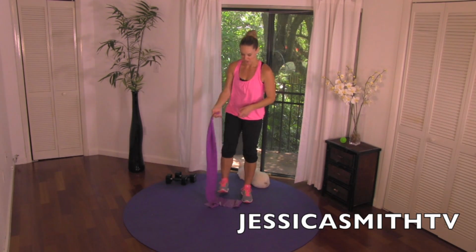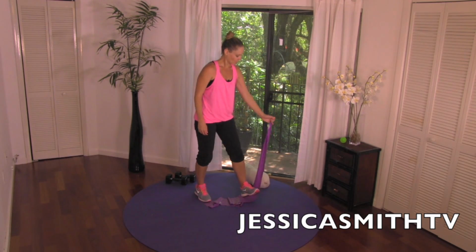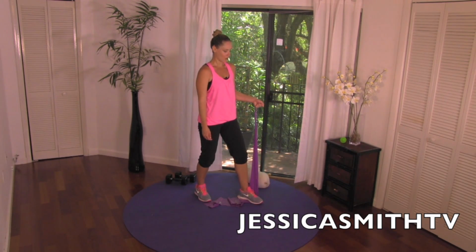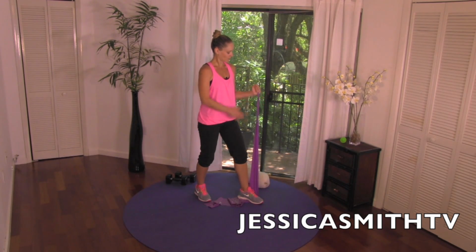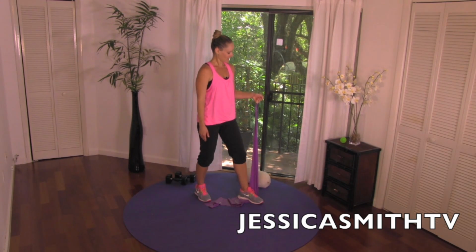Great job. Switching sides, adjust your resistance anytime you need to. So again, palm facing in, drop the wrist to the side and lift 1, down, 2, try to stabilize through the wrist, 3 and down, 4, very good, 5, 6, I know it's kind of hard to see because it's a very subtle movement, 7,